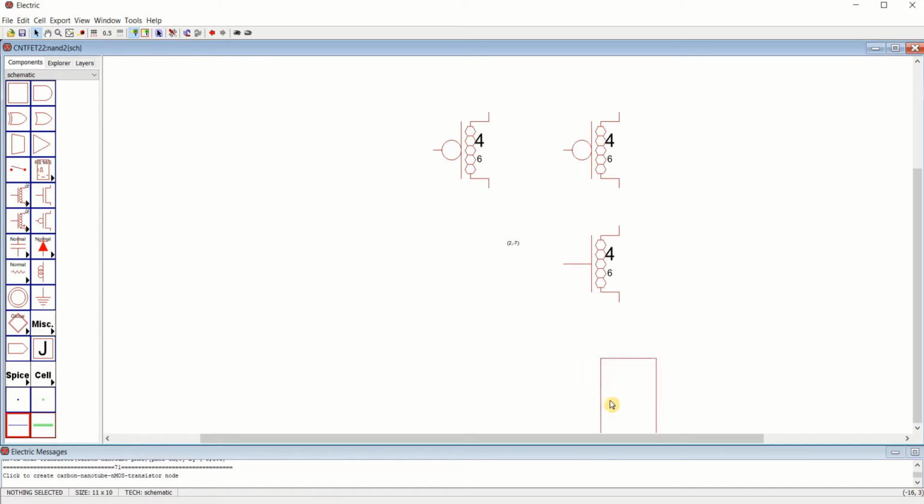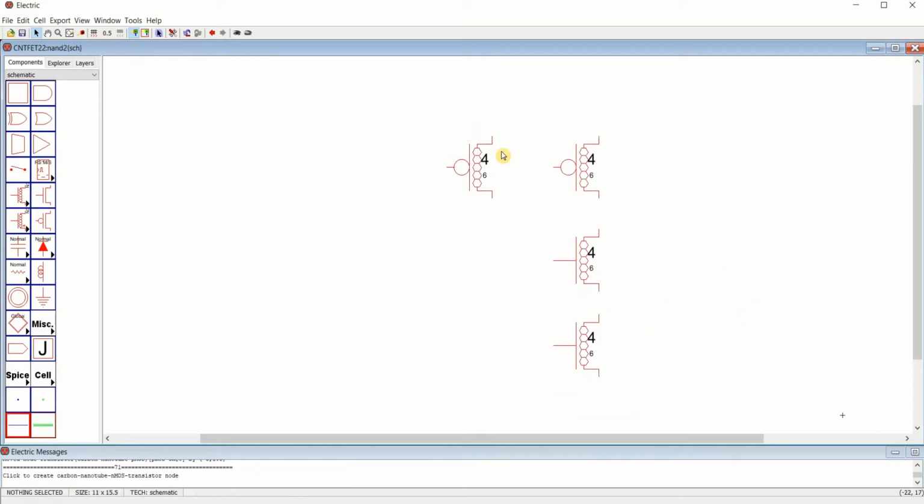Select this, make a copy of it. Connect both the sources to the VDD by using this. This is the VDD. Left click, right click. It is not connected until this bubble appears.